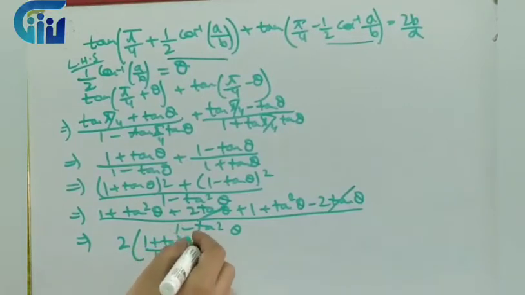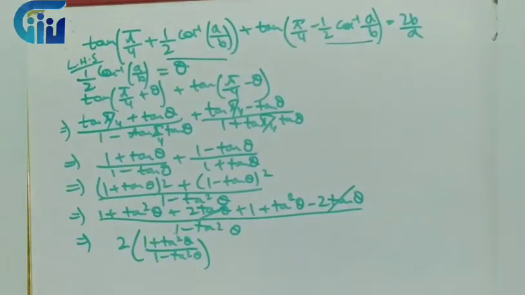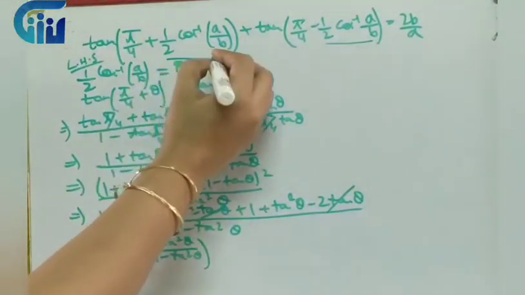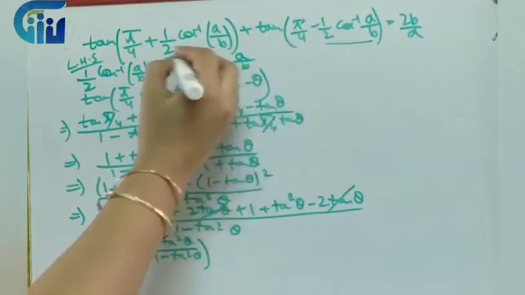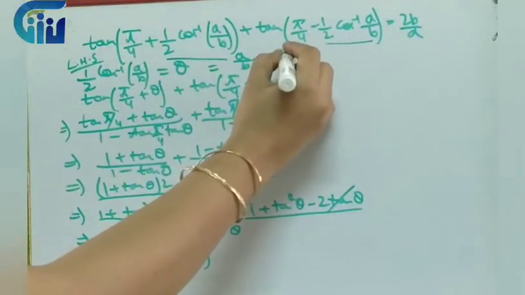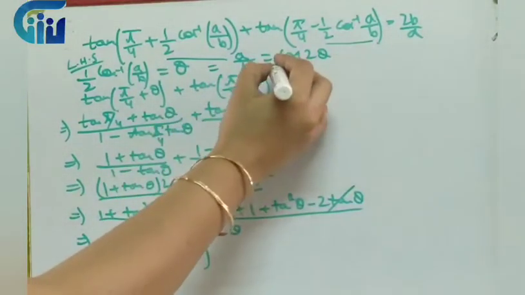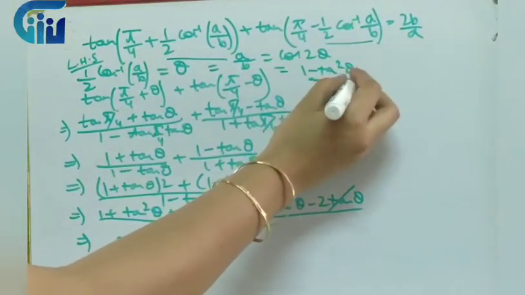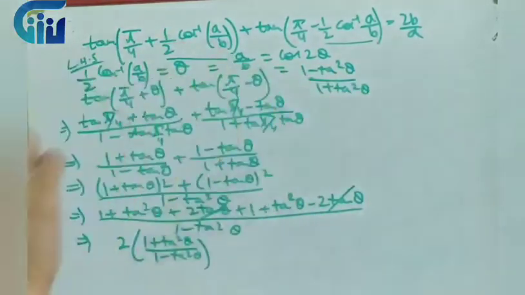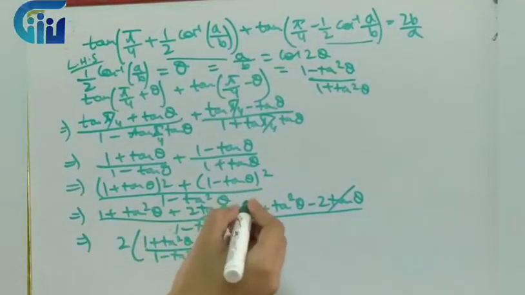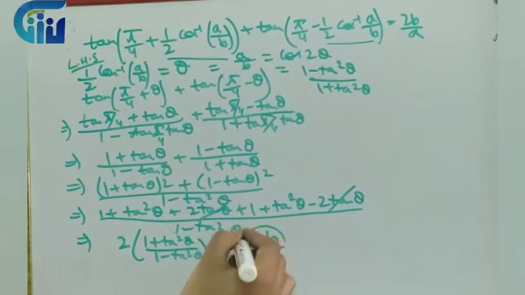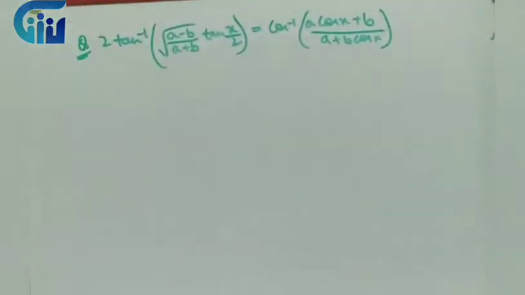Now once I have this, can I apply the formula of tan a plus b and tan a minus b? So over here it will be tan a plus tan b upon 1 minus tan a tan b. The same thing over here, tan a minus tan b upon 1 plus tan a tan b. Right? So tan pi by 4 plus theta can be written as 1 plus tan theta upon 1 minus tan theta. And this can be written as 1 minus tan theta upon 1 plus tan theta, right? Now further what we will do? We will simply take the LCM and solve as usual.